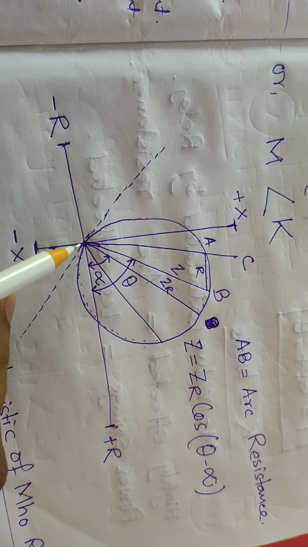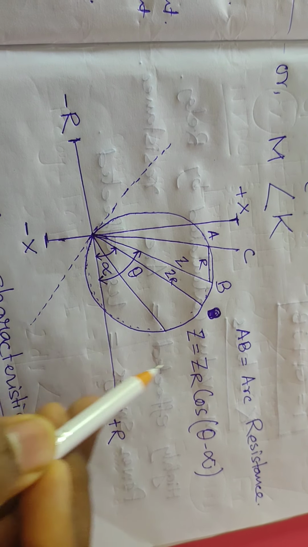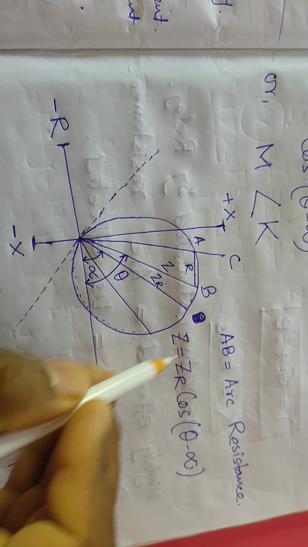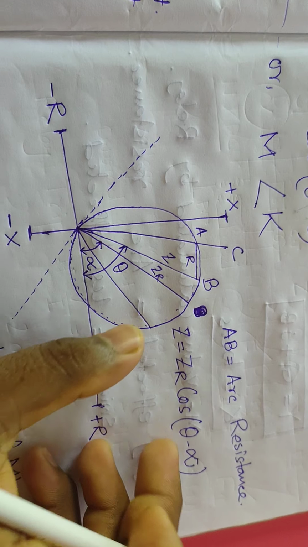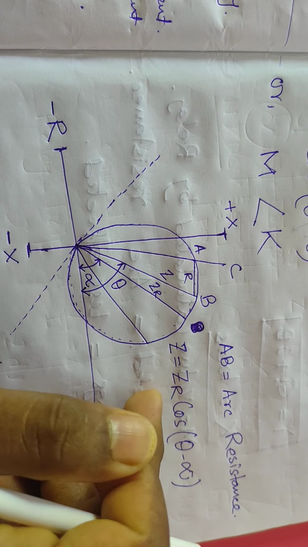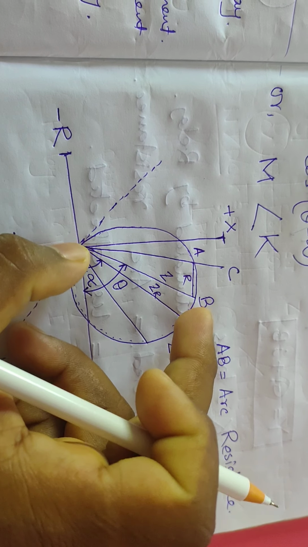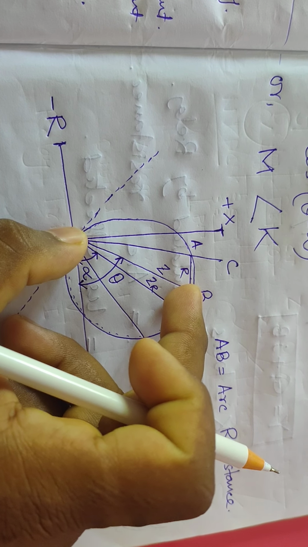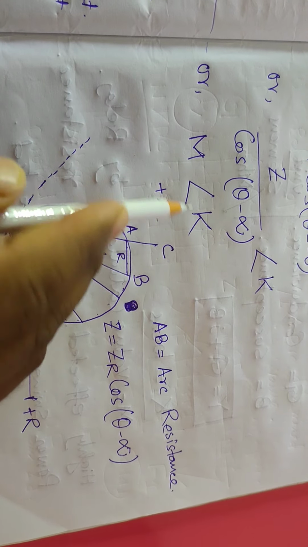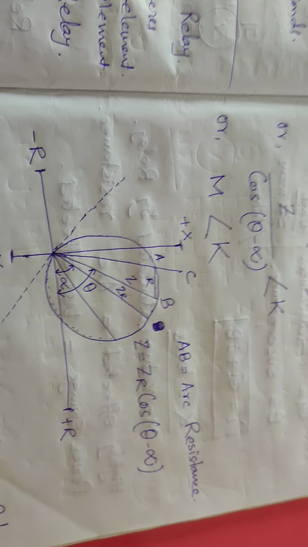So friend, here is the locus. It's called the locus of the circle or the operating zone of the Mho relay. In this zone, Z is the impedance. It depends on the impedance. The total value of the impedance is ZR, and the value of the fault impedance is Z. Then if the value is less than K, that means within the zone the relay will operate. This is the main point of the Mho relay.